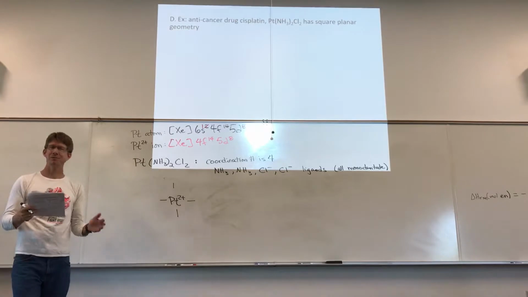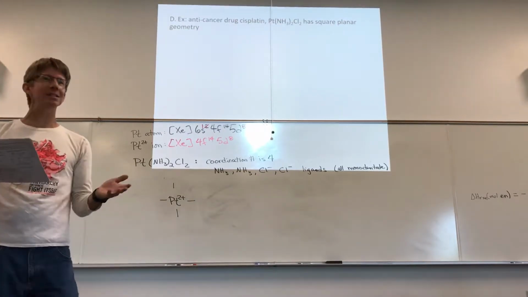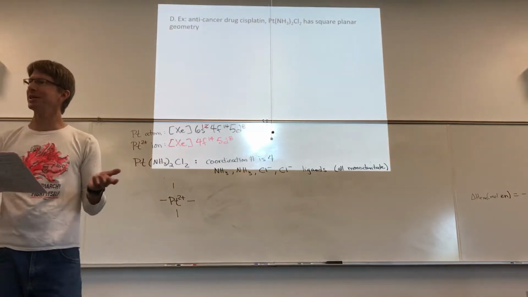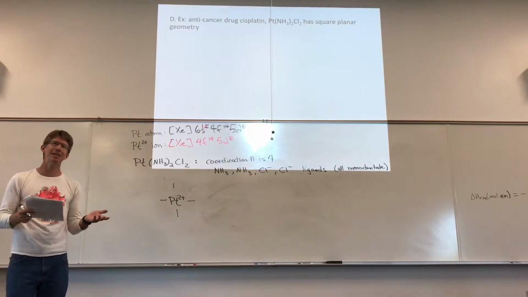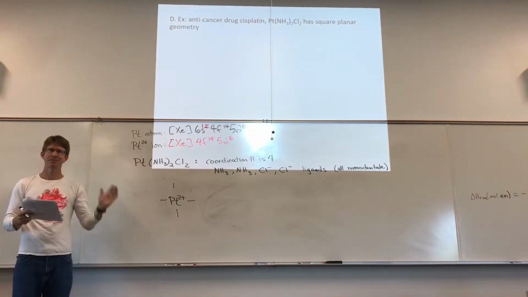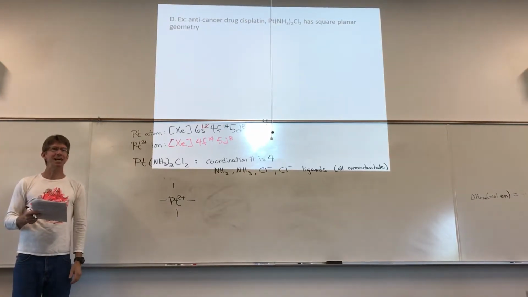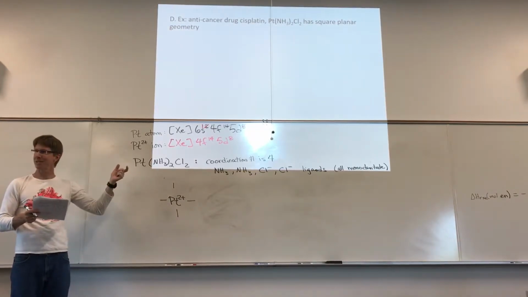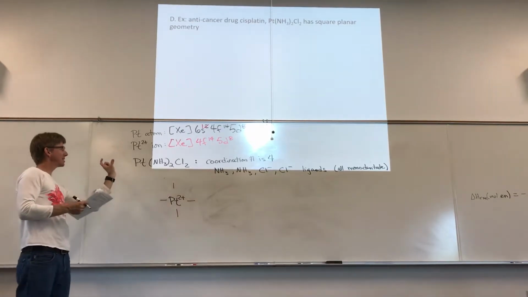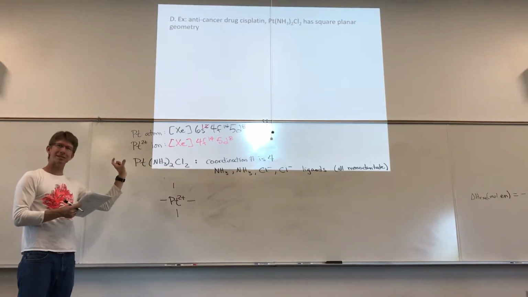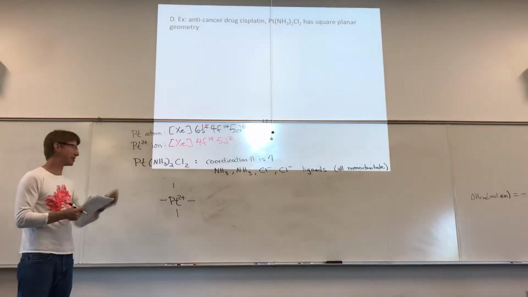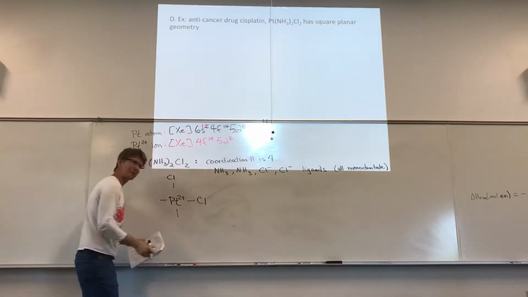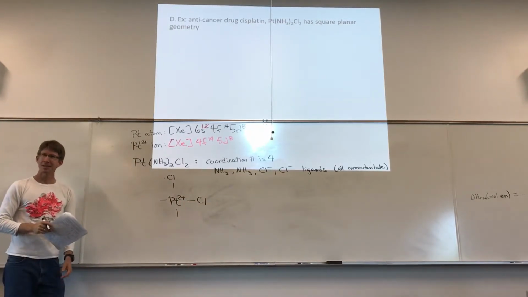Now, before I draw in the ligands, I'll ask you to note the word cis. Does anybody know what cis means versus trans in anything having to do with chemistry? Cis is same side. I think of it as C as closest. Some people say C is the first letter of the word cup, because sometimes they look like cups as well. What that means though is put them closest, put them on the same side. Put the ammonias,